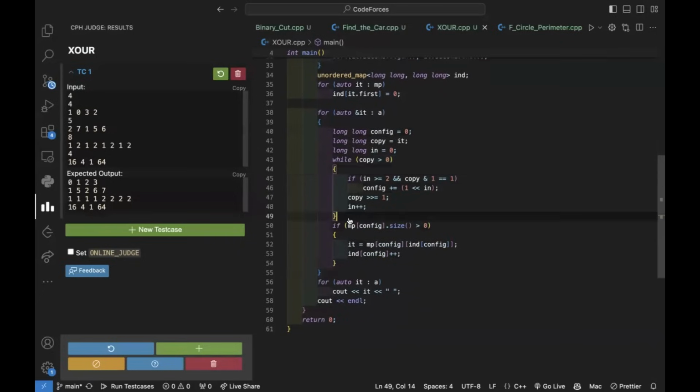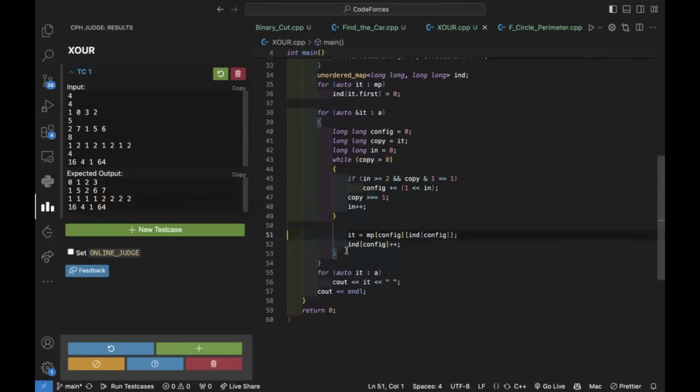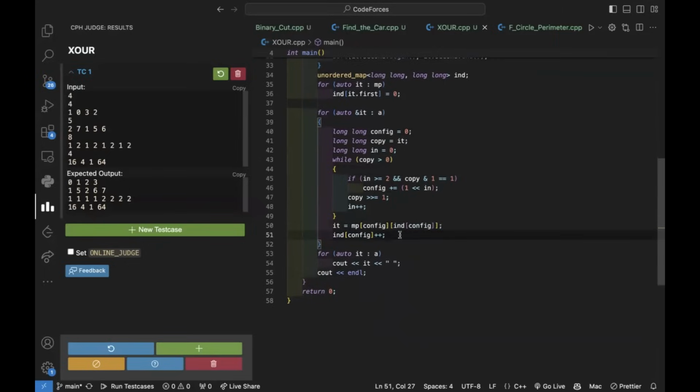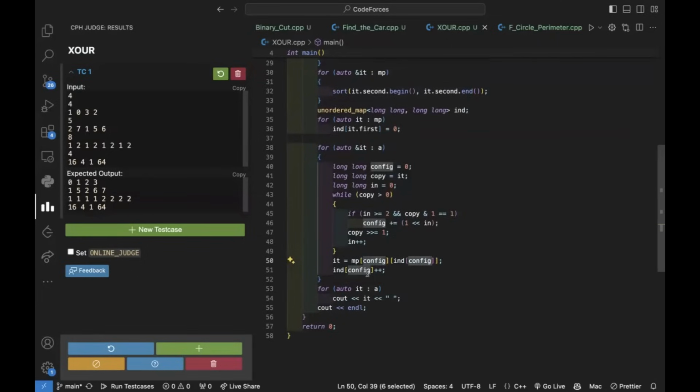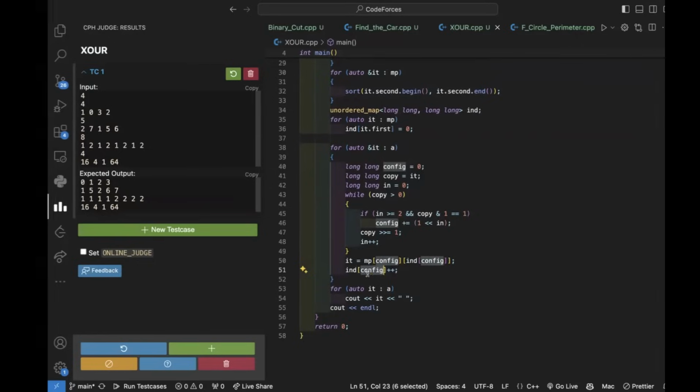And then once I have the config with me, I think this is boilerplate. I don't need that line, right? I know MP size is greater. Then what I can do is manipulate the IT value by saying that this IT value is going to be the new value that is in its same configuration, the index which was kept in the index map, that is IND map. So it fetches 0, and then I increment it to the next index. Next time it is going to point to 1. Next time it is going to point to 2. Next time it is going to point to 3, and so on,